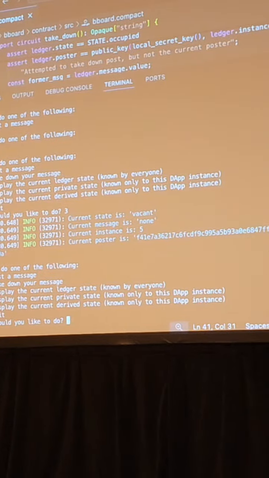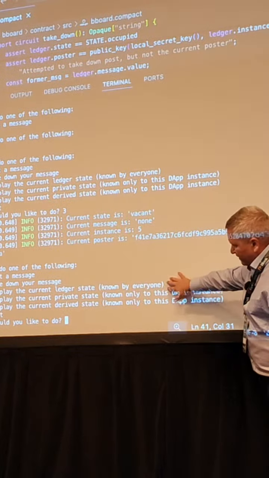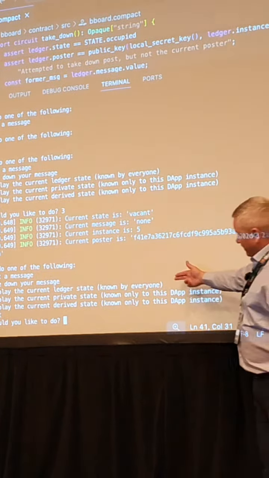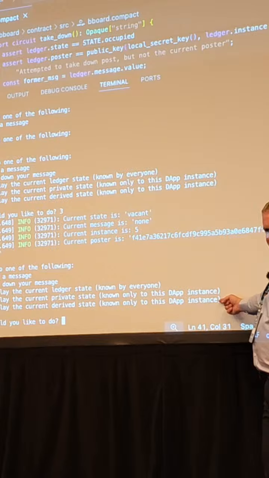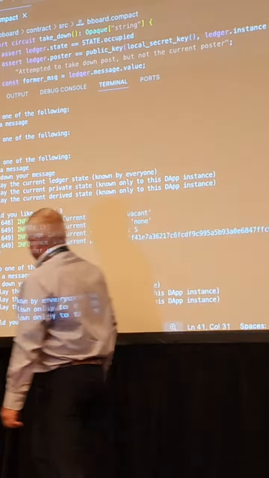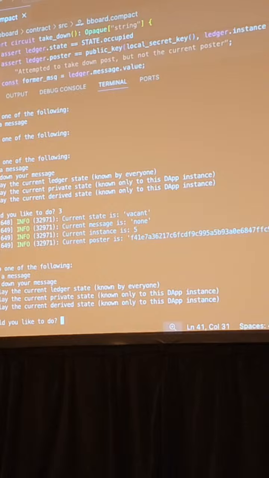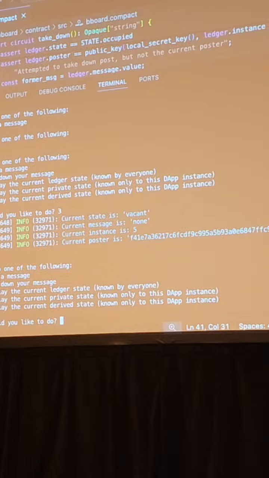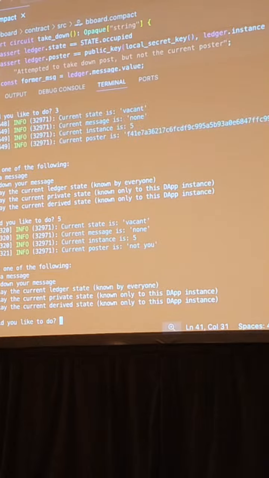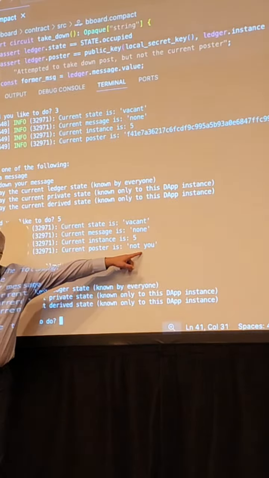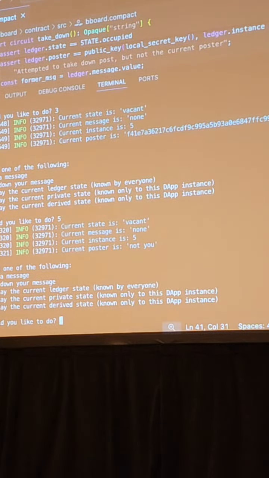Okay, what does this mean? Well, what I really want to know is some information about what's being shown on the ledger that everybody can see, private data that I have, and then derived data, which is adding a little more information to make this clearer. So what I just showed you a minute ago, I gotta put my glasses on here, is what is shared publicly. What you see in blue here is what's on the ledger. So anybody can read that. If I want to see what the derived data is, I'm gonna go look at number 5. And what this does is it tells me I am not the poster. Somebody else posted that information.